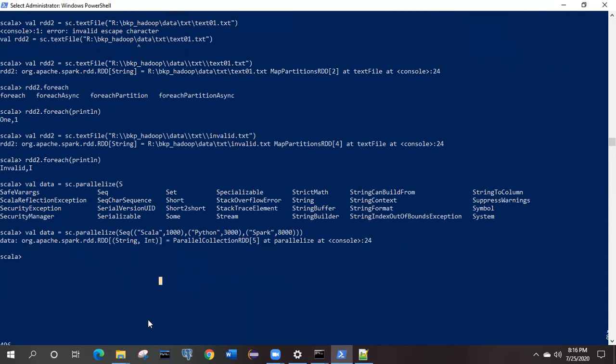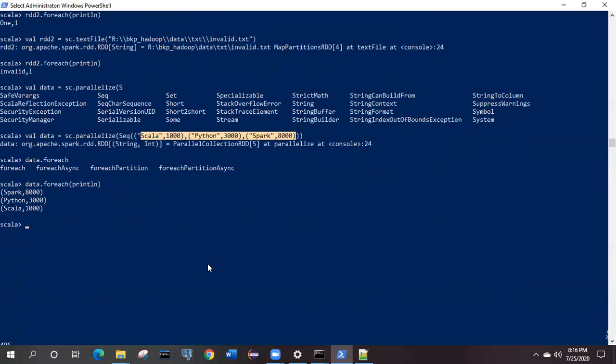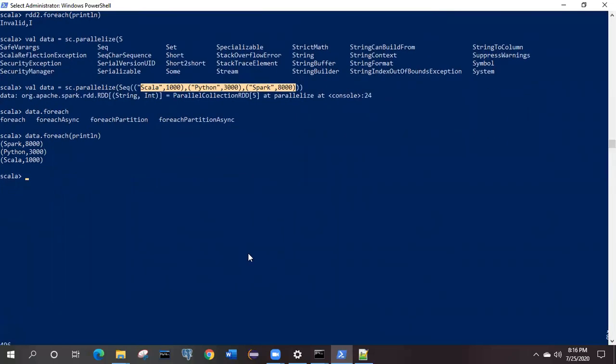Okay, if you want to cross verify it, you can do it with the foreach method. Inside that, println. So it's showing the correct things. There are three values which we have given over here in the sequence. It means that the RDD is created. Okay, it is not the third way. It is the first way only, but a different example.